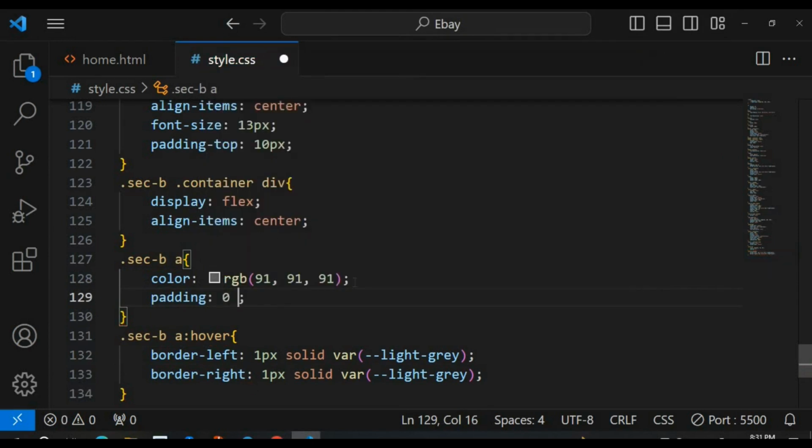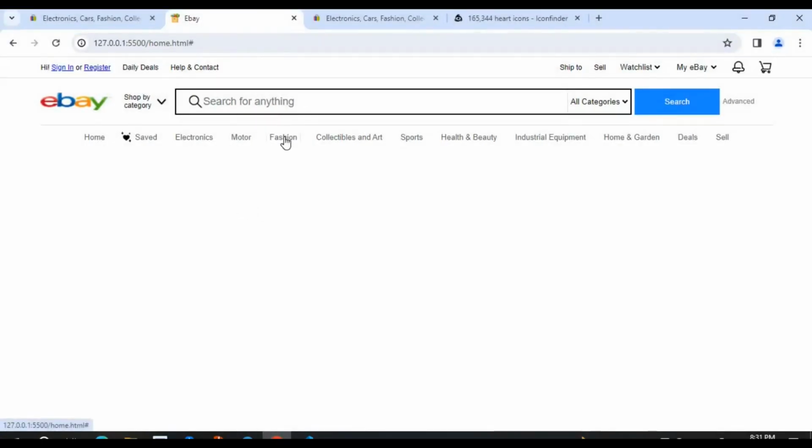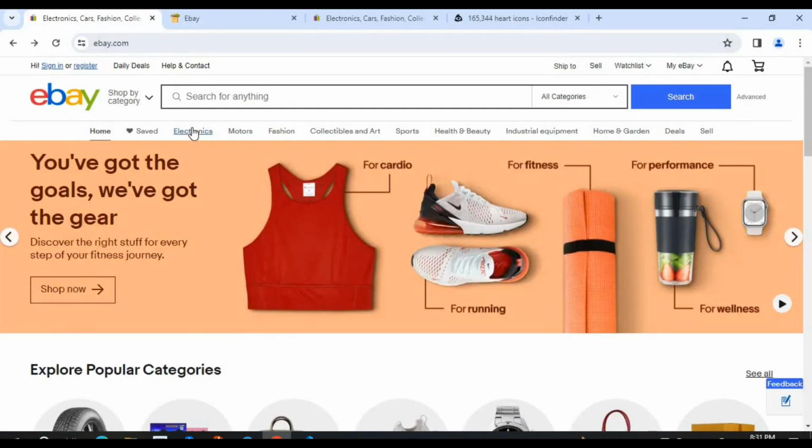Top and bottom is 0, left and right, let's say 5 pixels. I just give them 5 pixel padding. Okay, and the padding will be at the top. So the padding top of the link,